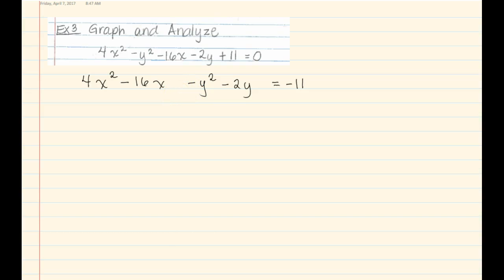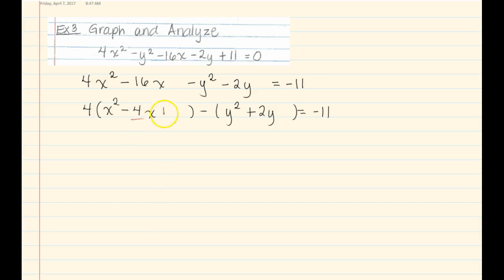So we're going to GCF the 4. So we're going to get x squared minus 4x. We're going to GCF the negative, so we're going to get positive y squared, positive 2y, still equaling to negative 11. When we do our completing the square, we're going to get half of this coefficient, which is 2, and